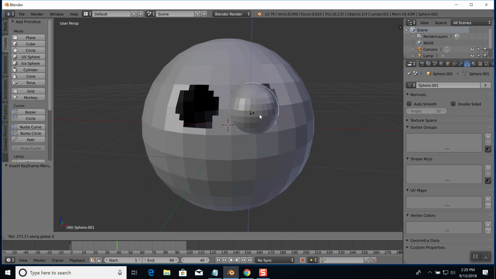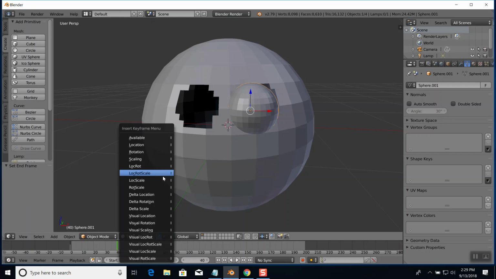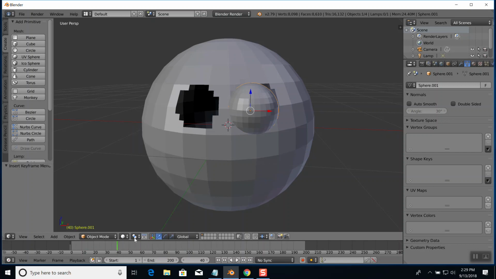Don't do an E like I just did. Do an I, location, rotation, scale, and now do an E. And now if you do Alt A,